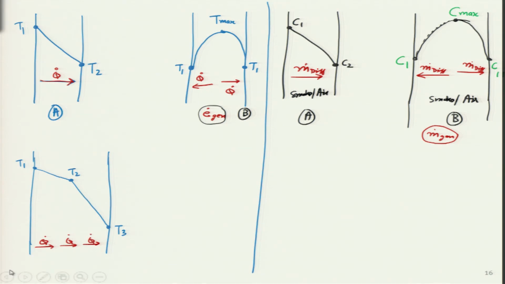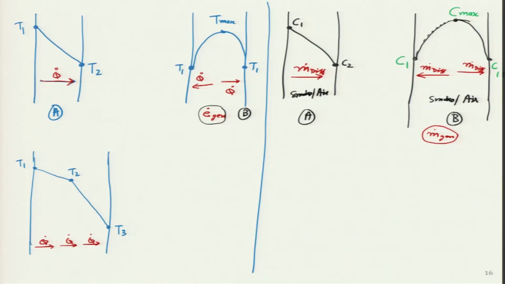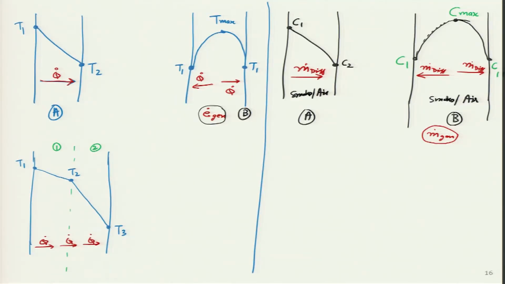So, if I ask the students, please tell me why is the slope changing? I think we remember from our conduction class that if it is steady state, then it looks like there are two sections of the wall which have different material properties. This is section 1, this is section 2. Which will have higher thermal conductivity? The one with lower temperature gradient will have higher thermal conductivity, which means K1 in this case is much greater than K2. What is K? Thermal conductivity of the wall. So, the left side of the wall has higher thermal conductivity than the right side of the wall.